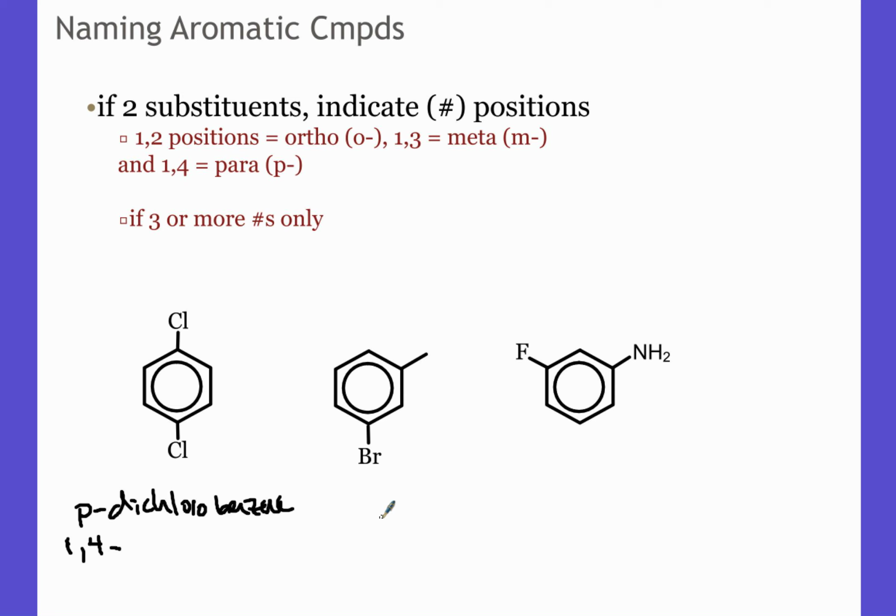So I want you to learn to use it, but if you end up calling this a 1,4-dichlorobenzene on the test, that's not technically wrong. The second example here, first problem I need to realize is that this is technically a toluene because there's a methyl here, right? So try not to make the mistake of calling this a bromomethylbenzene because it's technically a toluene. But it's a bromotoluene,